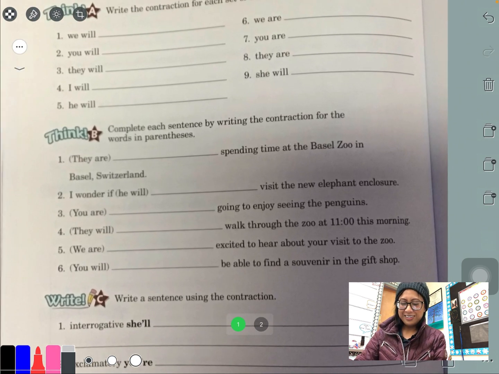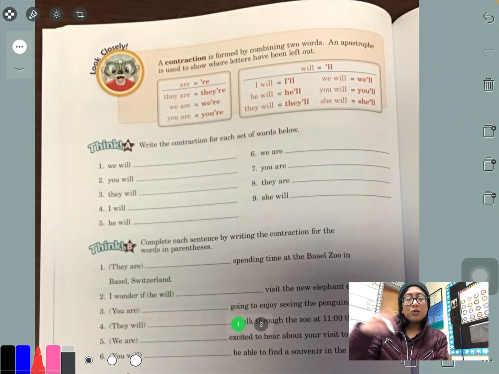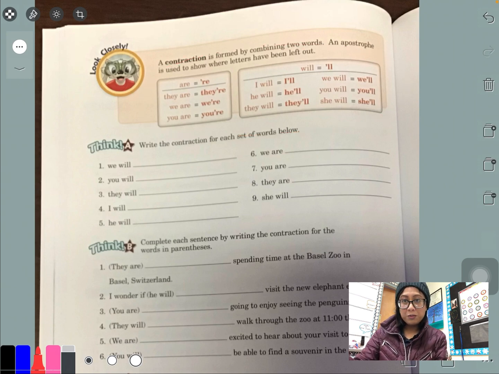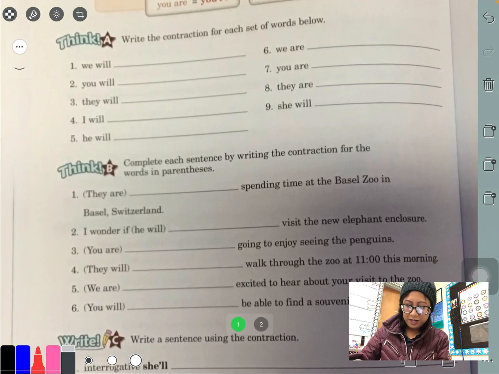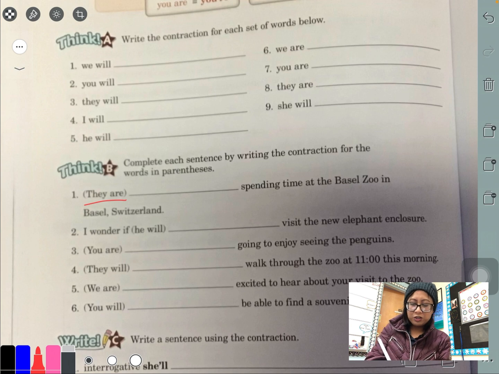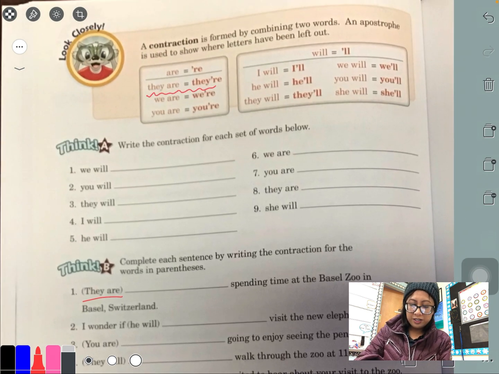Unpause. All right. Now Think B. We're going to complete each sentence by writing a contraction for the words in parentheses. Again, this is something you can easily do on your own, but we'll still do at least two, and then the rest at our Zoom meeting. And you can use this chart up here. Super helpful. So the first one says, they are spending time at the Basel Zoo in Basel, Switzerland. Okay, so the contraction for they are is there. So when I write it, capital T, because that's the beginning of a sentence,